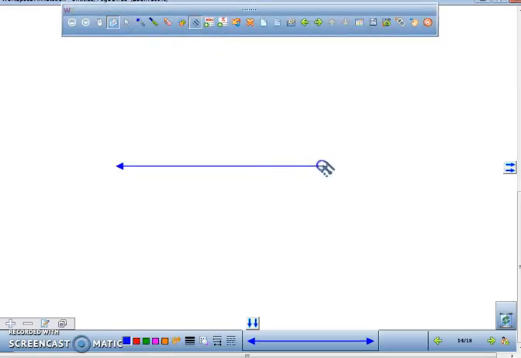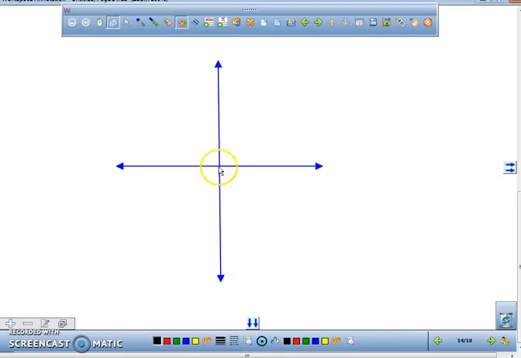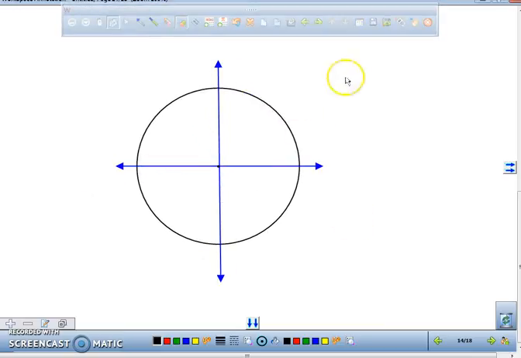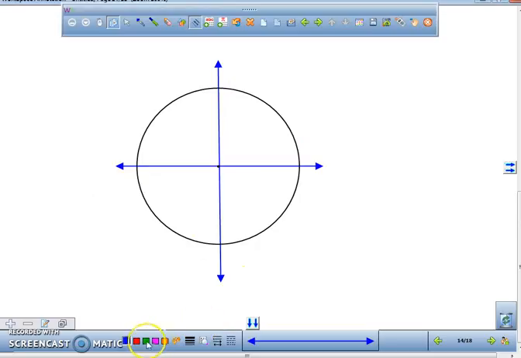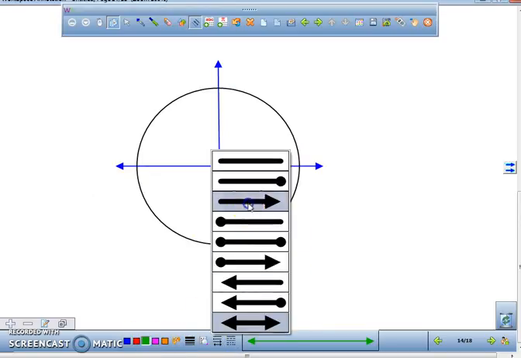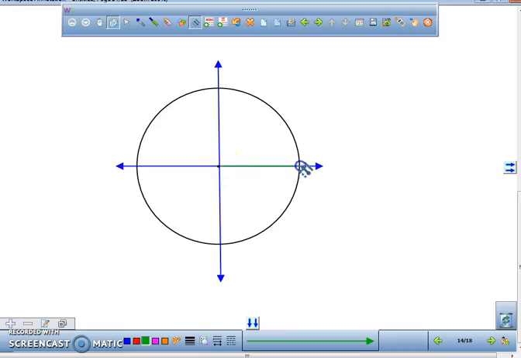Right now, I'm going to make an x-axis and a y-axis. I know it's kind of difficult to do on your own, but I'm going to go ahead and make a circle so you guys can see that we have 360 degrees. I'm going to have my initial side. My initial side is always where? It's always on the x-axis. And my terminal side, where's it going to finish? It's going to finish at